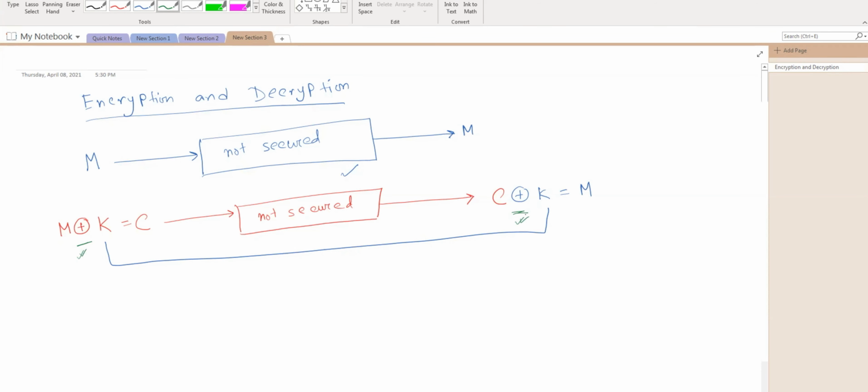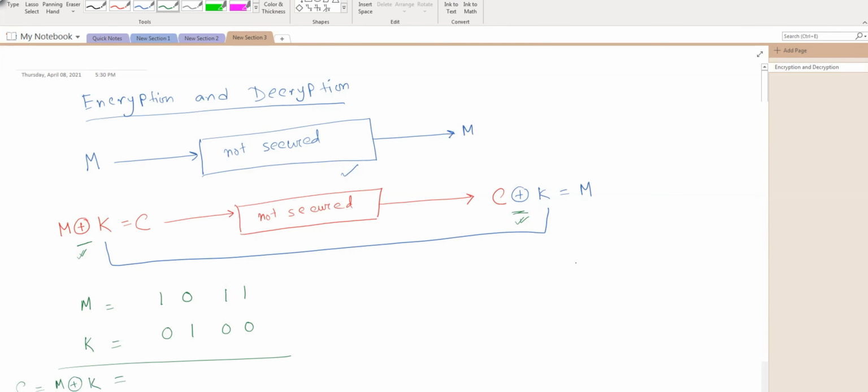Okay, all right. So let's take a message, say 1011, and let's take a key. The length of the key will be identical to the length of the message. Okay, so let's say the key is 0100, and then if I do bitwise XOR, what shall I get?